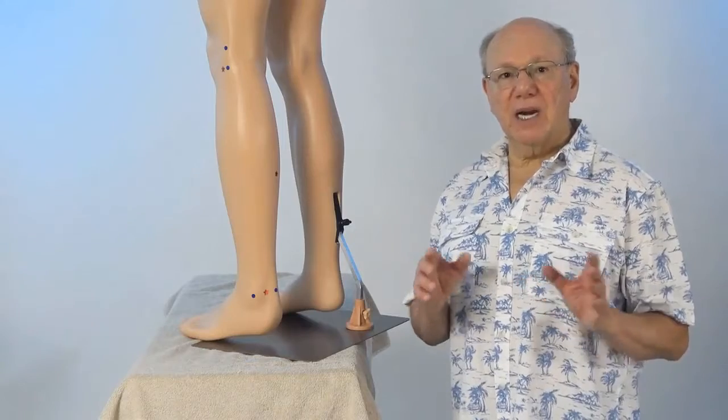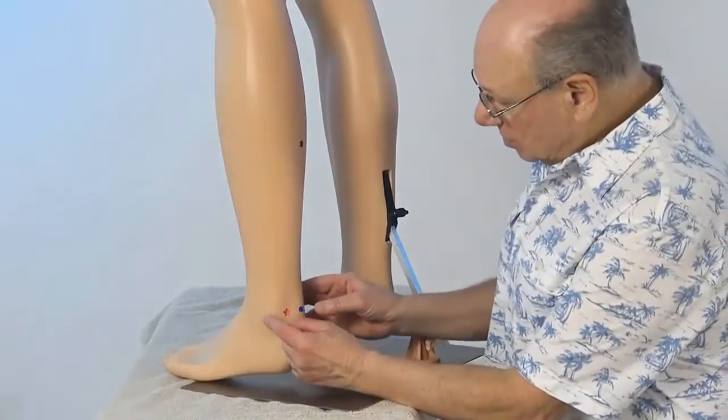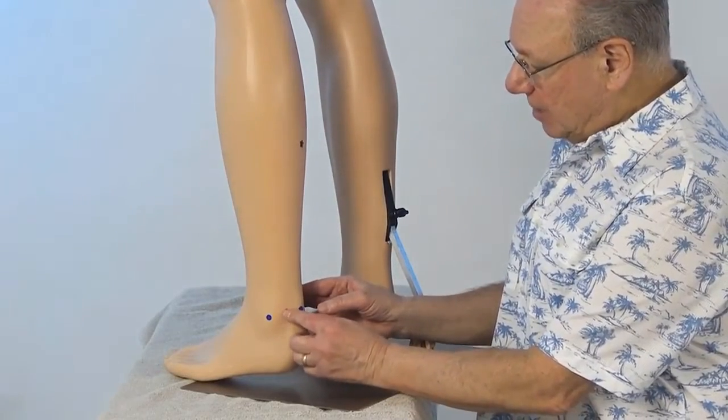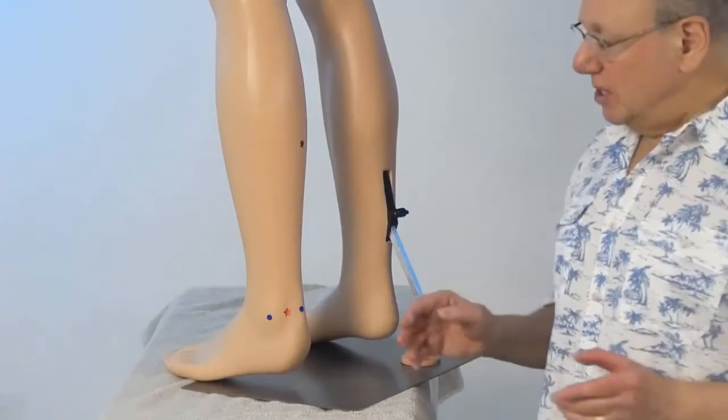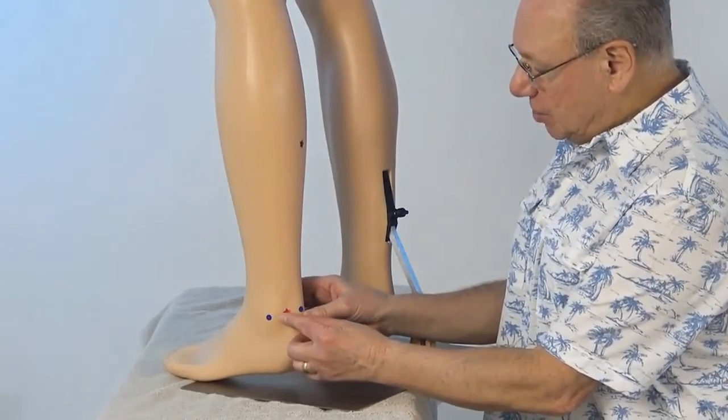Bladder 60 is located on the outside of your ankle bone, between the tip of your ankle bone and your Achilles tendon. Right about here. To locate bladder 60, put your finger on the tip of your ankle bone, then come back towards your Achilles